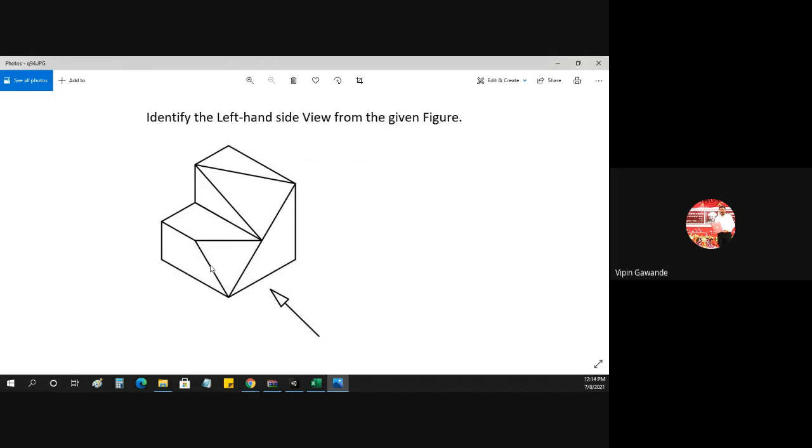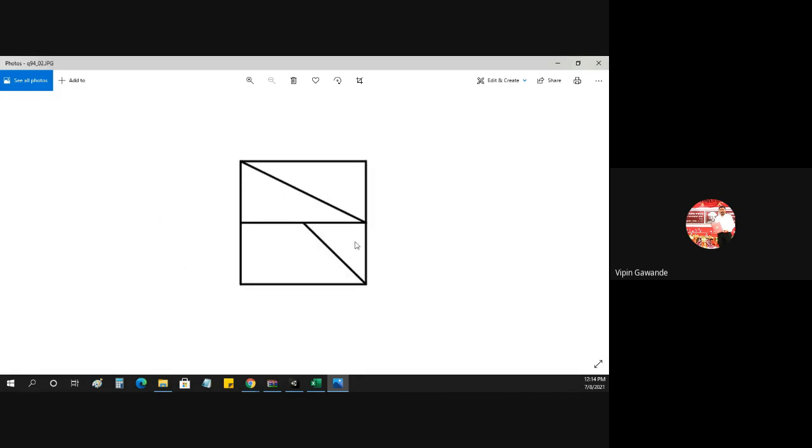So we'll get this one surface, then the triangle, then again the triangle, and on the top side the inclined surface. So this is the correct option for the left hand side view. So this we have drawn. So that becomes your correct option. Just watch the video, you will get that one. Okay, so this is the correct option.